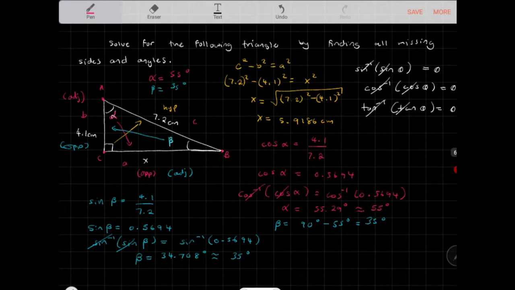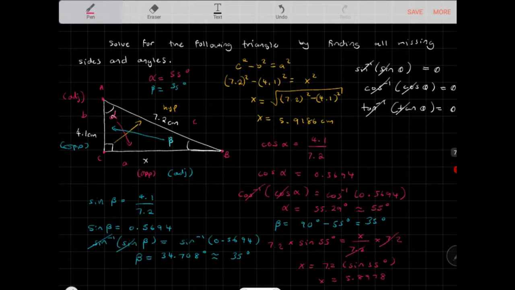So alpha, this will become the opposite side, so the sine of alpha, which is 55 degrees, is equal to x, the opposite side, over the hypotenuse, 7.2. If I want to solve for x, I'm going to multiply both sides by 7.2, which cancels out. x is equal to 7.2 times sine 55 degrees. In this case, 7.2 times sine 55 degrees is going to be equal to about